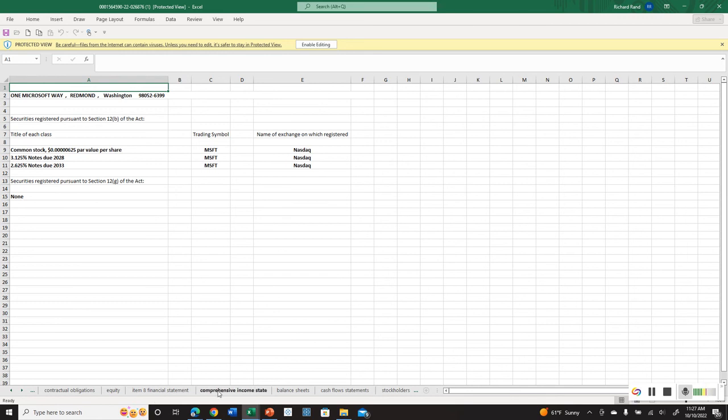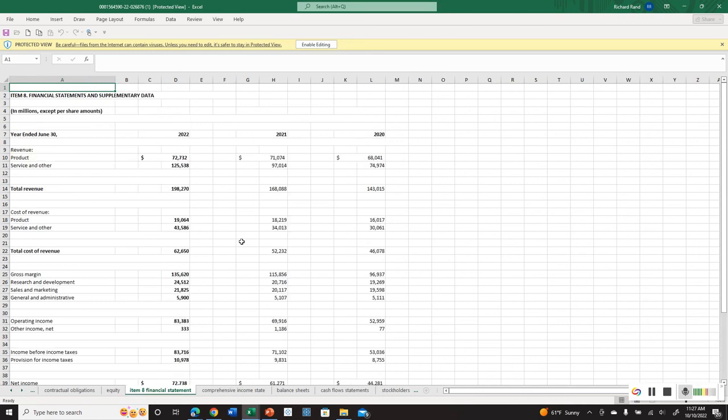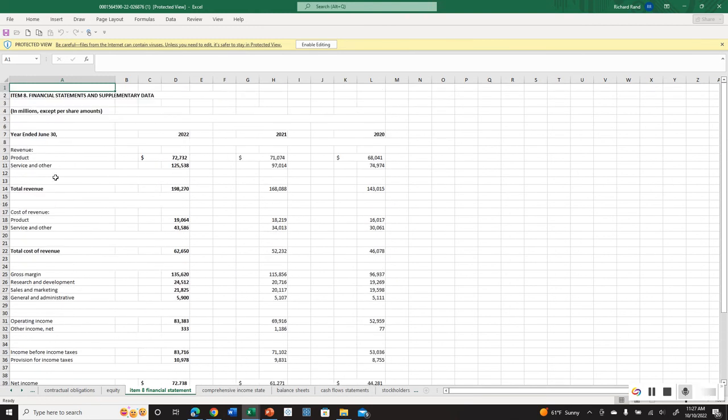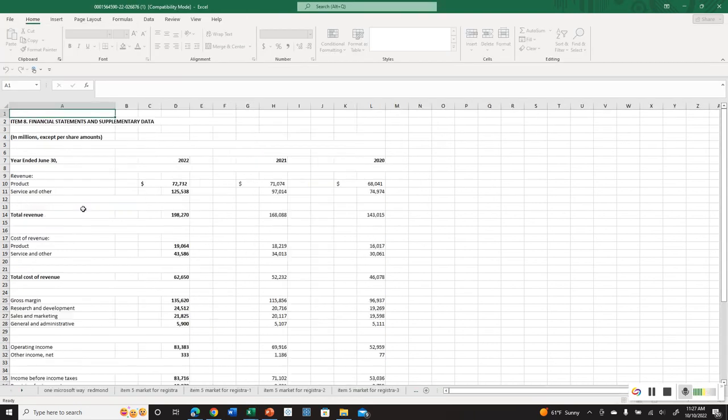the income statement information, I'm not finding it under item A. Actually, under item 8, I wouldn't expect to find it. But this is my income statement. It's not labeled as such, so it's kind of sloppy. But this is the income statement information. Here's my revenues. Here's my cost of revenue. My gross margin. Again, it's in Excel format,